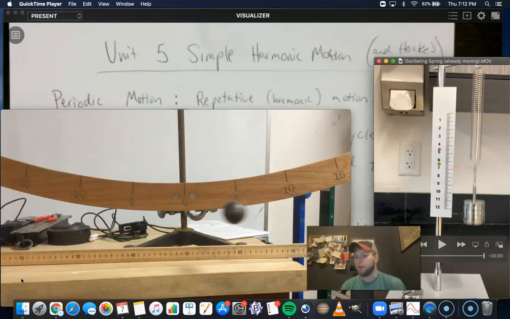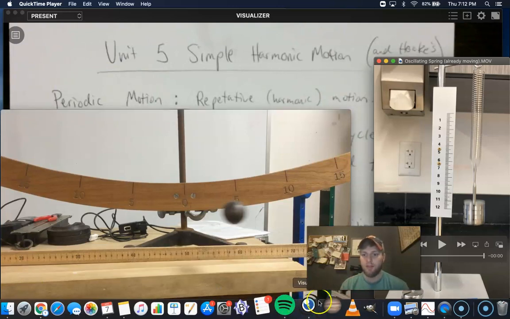Scholars, a quick one here, continuing with Unit 5, Simple Harmonic Motion. We're going to talk about first periodic motion and then what makes periodic motion simple harmonic. The two classic examples that we're going to deal with of simple harmonic motion are our spring mass system, which